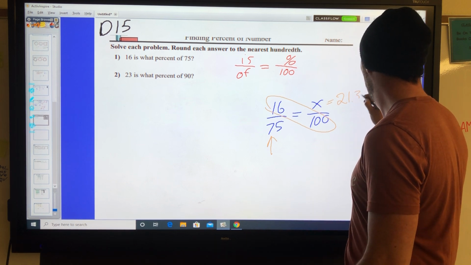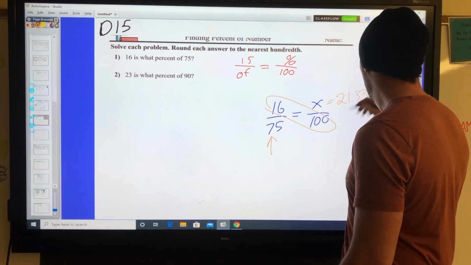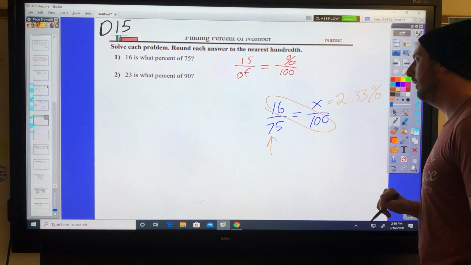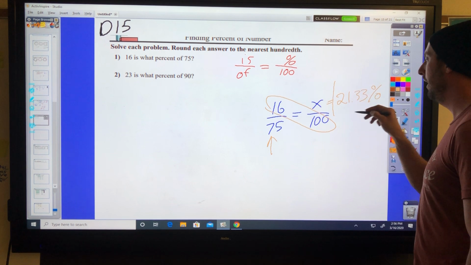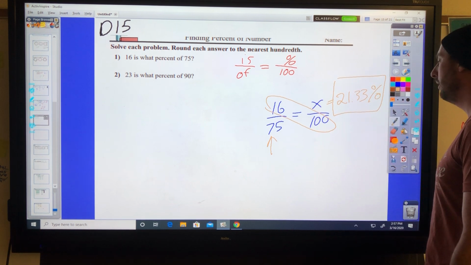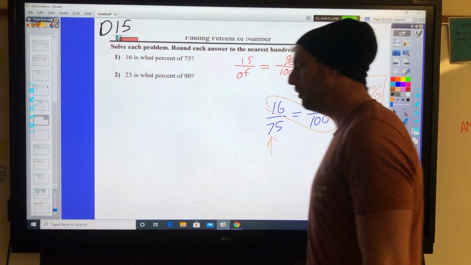So x equals 21.33%, because I'm looking for the percent. What percent? I'm looking for that. So cross product, divide by the remainder, you'll get your answer of 21.33%. Number 2,